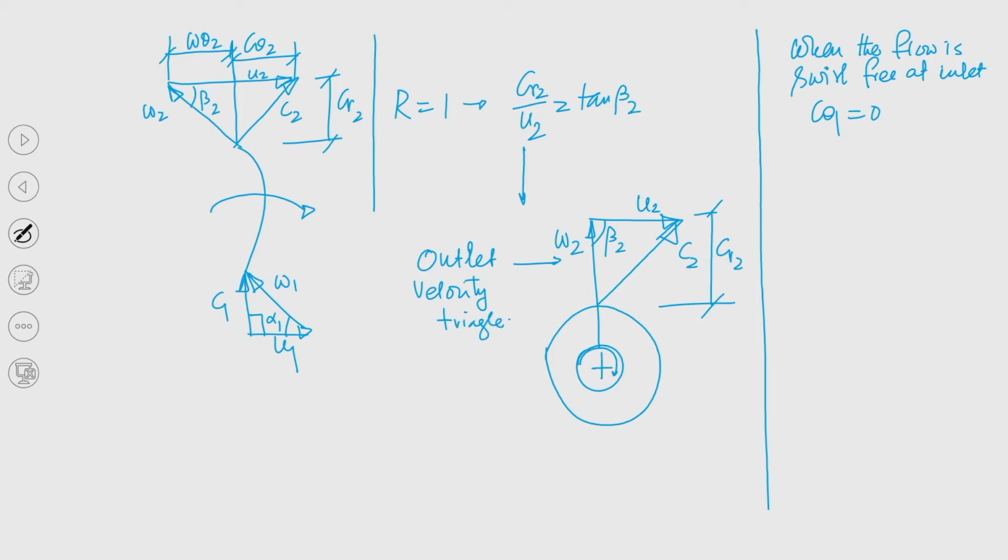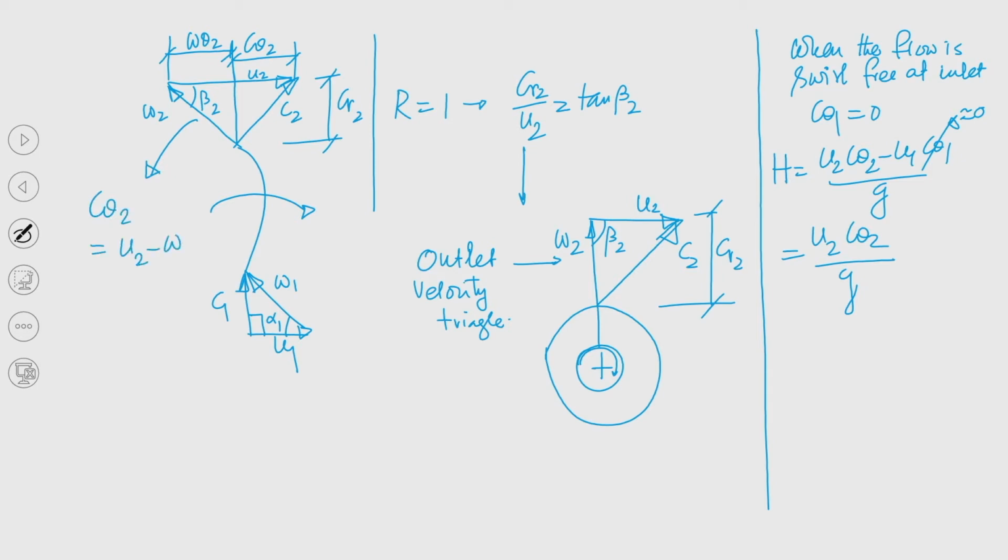Right. Now, if it is outlet velocity triangle, and C theta 1 equal to 0, then the net head developed by the pump H is U 2 C theta 2 minus U 1 C theta 1 divided by G. If C theta 1 equal to 0, then we can write U 2 C theta 2 by G. In general, what is C theta 2? C theta 2 is nothing but U 2 minus W theta 2,